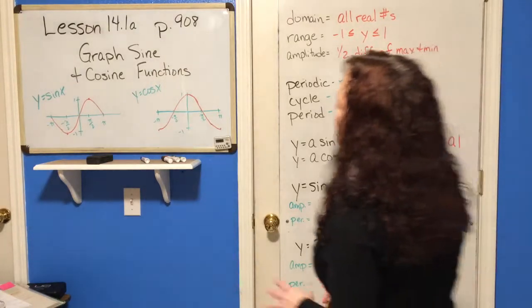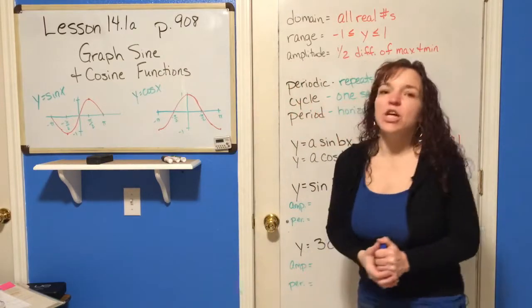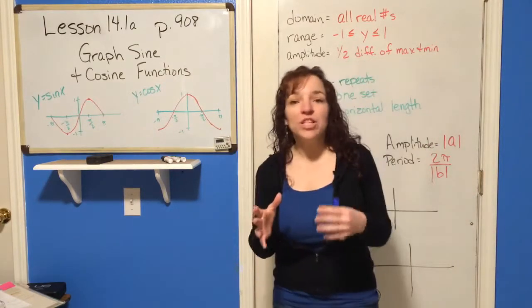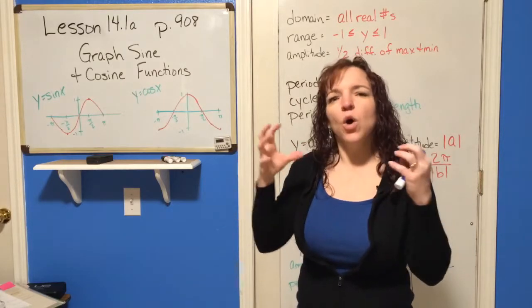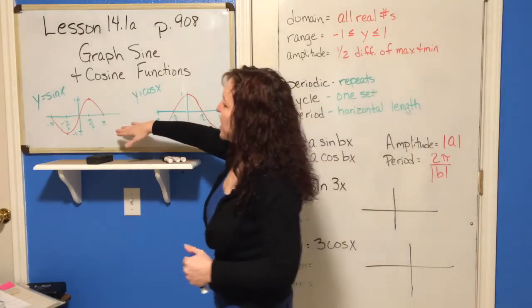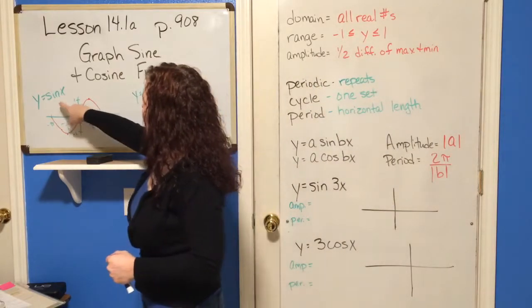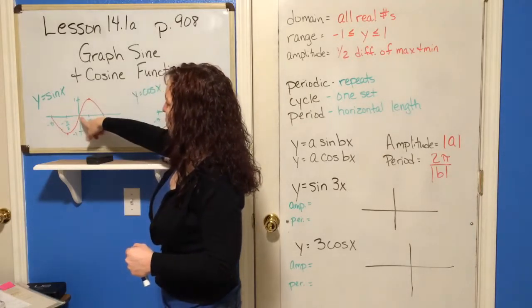Section 14.1, the first part, graphing sine and cosine functions. All right, so just like with any other graph, what we need to know first is what does the parent graph look like? If we don't change anything, what is the shape of this graph? So I've graphed here the sine function, which is going to be this curve that goes through the origin